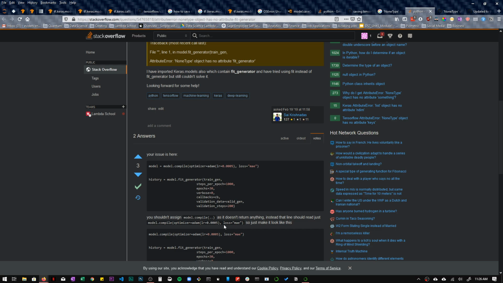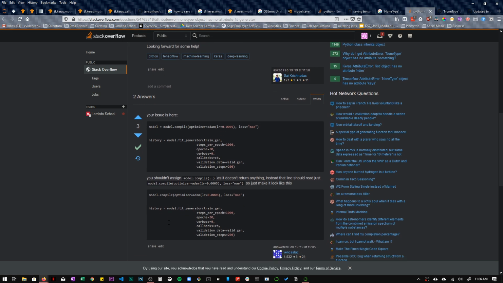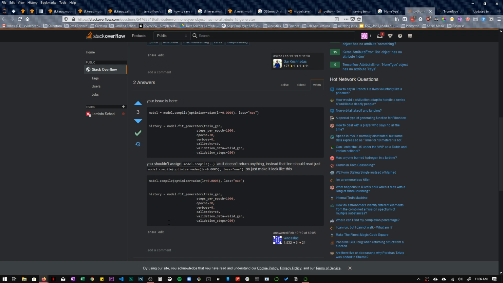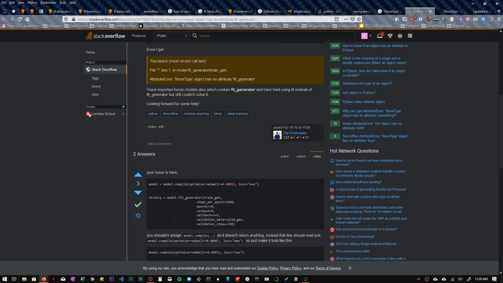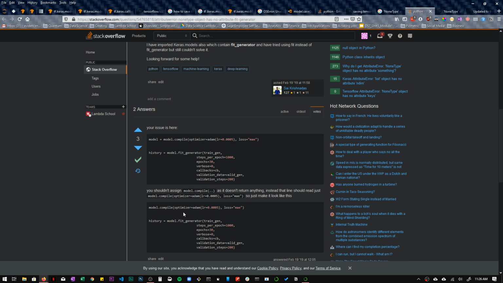model.compile, optimizer equal to Adam. Okay, so my optimizer equal to Adam. Loss equal to that.